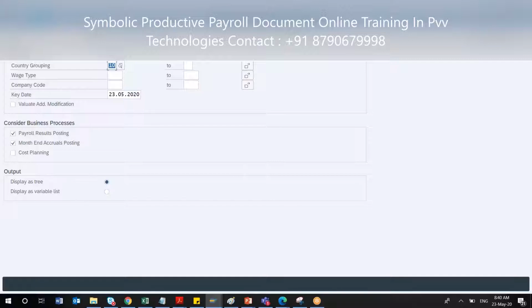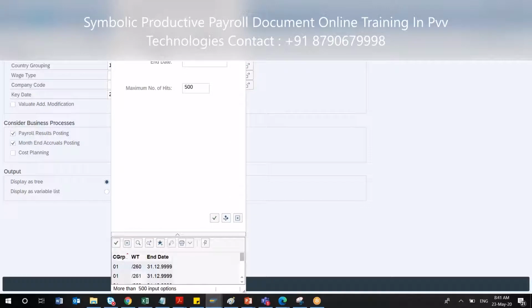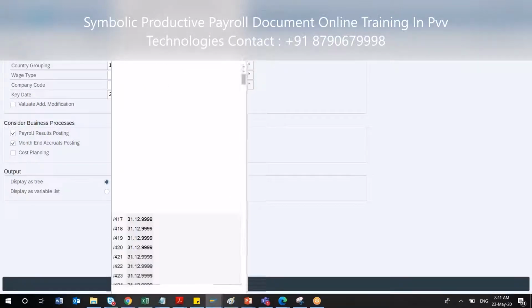Suppose you are getting some issues in your financial posting. Instead of going through each and every configuration of your wage type, how the wage type is connected to the symbolic account, how the symbolic account is connected to GL, instead of going into the details, you can directly come here, if you already remember the wage type name. Suppose I would like to verify a particular wage type. It is covering everything. So I will just go for country grouping 10, and under country grouping 10 for US,